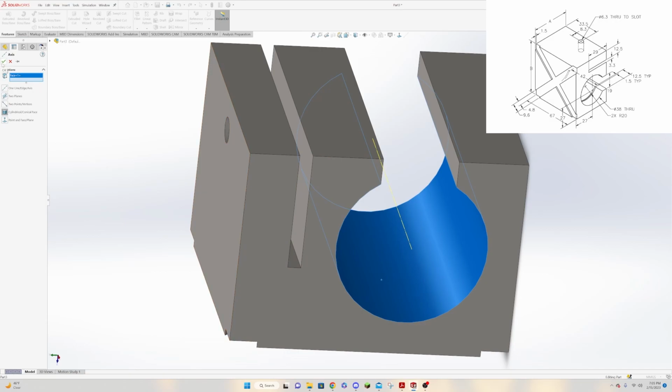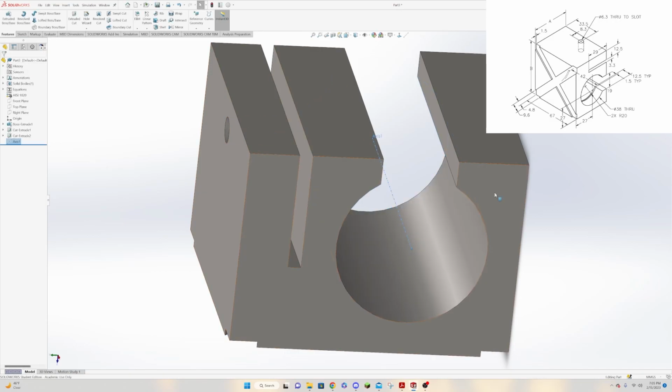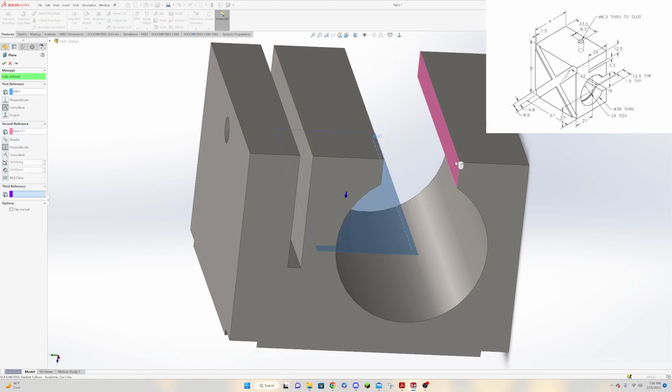We say okay. And then I want to create a plane here. And so I want this plane to be aligned with this axis so that we can make our slots in here, because we can't draw off of this plane here, because if we were drawing off of this plane, the cutouts wouldn't be correct for how we want this to look. So if we go here and we go up to reference geometry and we choose plane and we select this surface here,